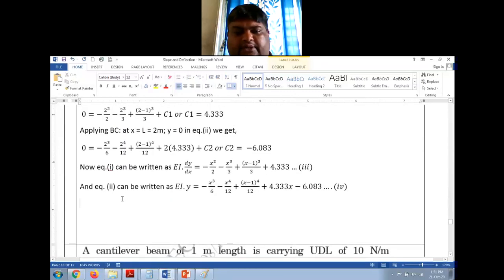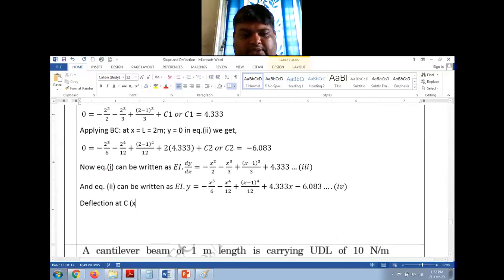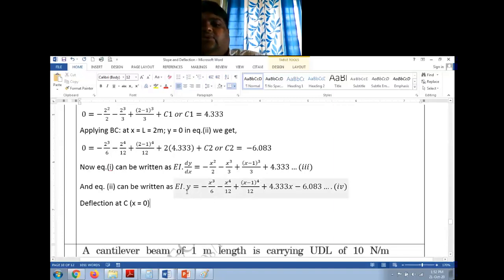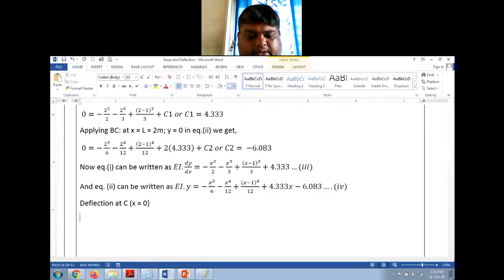So first let us find deflection. Deflection at C. Now what is the point C? C is the free end. I have taken x from the free end. So x will be 0. X equal to 0. Right? So I have to put x equal to 0 in equation number 4. Put x equal to 0 in equation 4. We get